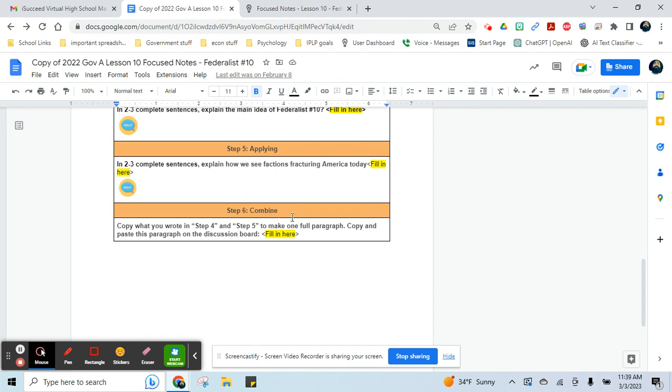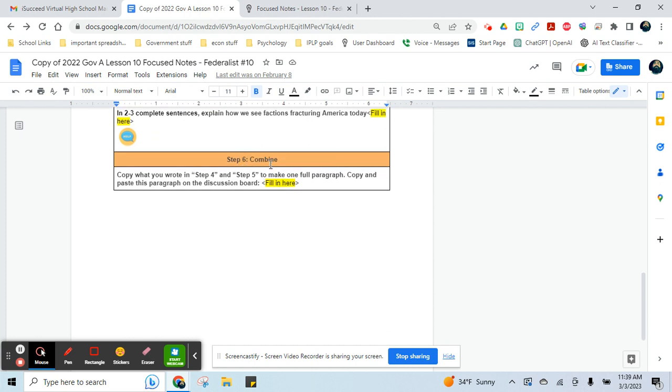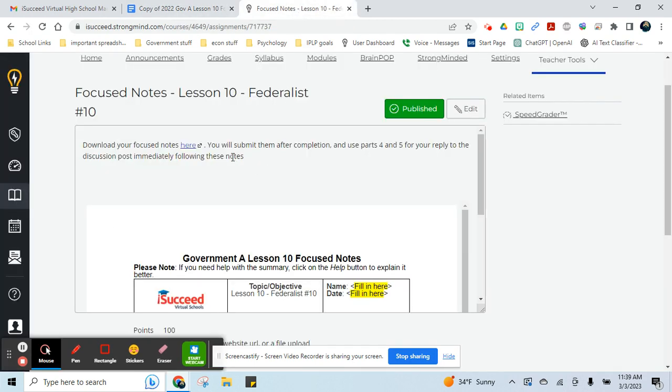I don't actually grade step 6. This step 4 is worth 20 points. Step 5 is worth 25 points. So this is 45 points of your assignment right here. You're going to combine them two together. Boom, put it right there. And then it's actually